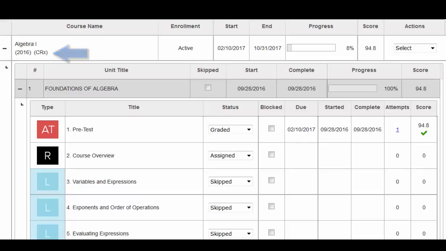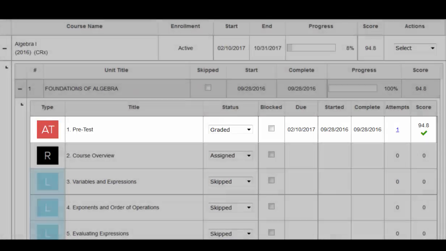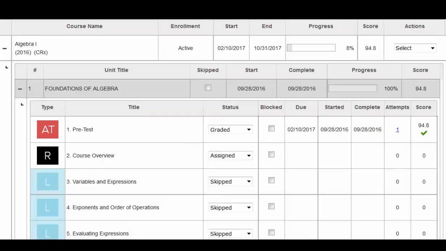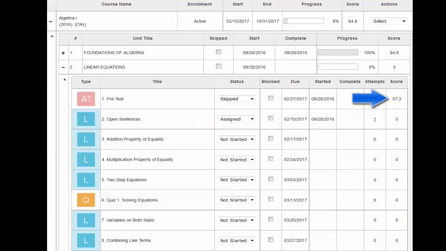every unit's content in the course to show mastery by achieving the CRx pass threshold on the unit's pretest. If the student successfully achieves the threshold, which is set by your school's administration, they have successfully tested out of the first unit's content and are automatically moved into the next unit in the course where they will take the pretest for that unit. In the past, if they were not successful on the pretest, they were assigned the entire